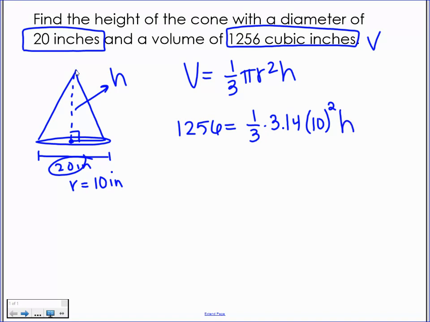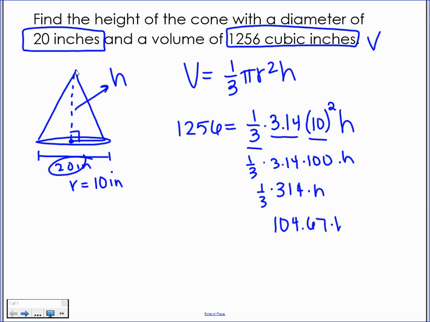Now we need to start solving for h by multiplying the 1/3 times 3.14 times 10 squared together. We know that 10 squared is 100. So 3.14 times 100 times 1/3, because exponents come before multiplication. And 3.14 times 100 is 314, times 1/3, times h. Okay, and now we take 1/3 of 314 and we get about